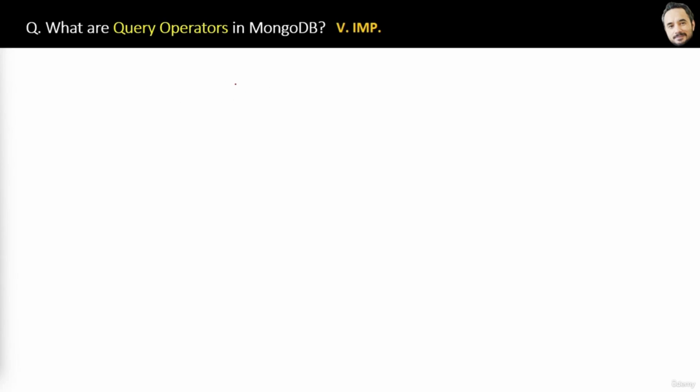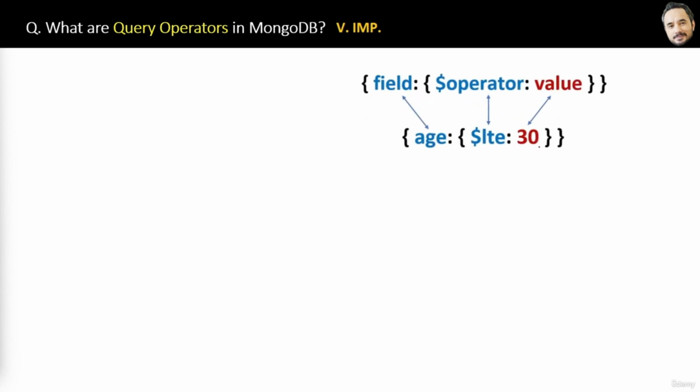What are query operators in MongoDB? For example, in mathematics, we have plus, minus, equal to as the operators, right? Same case here. Here is the example. This is a condition where we are checking age is less than or equal to 30. And here age is the field, 30 is the value, and this LTE, less than or equal to, is the query